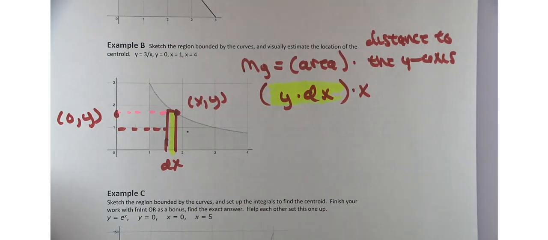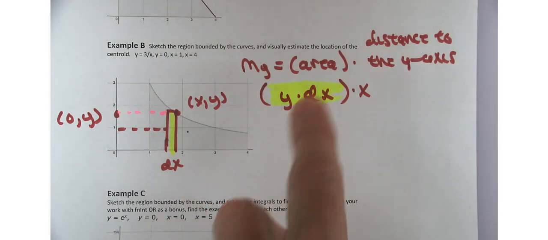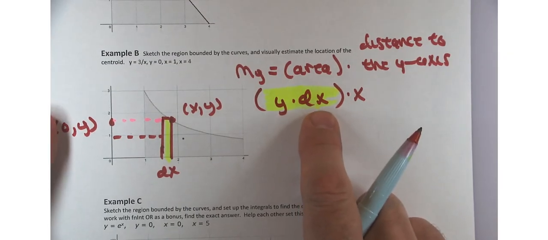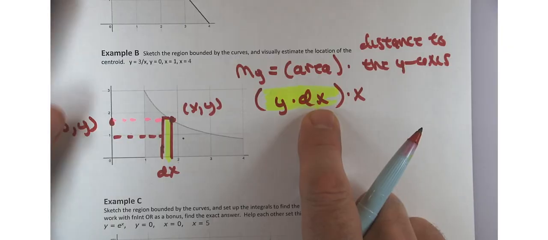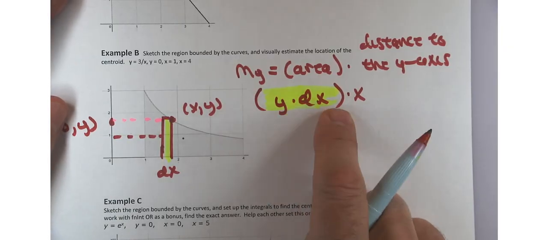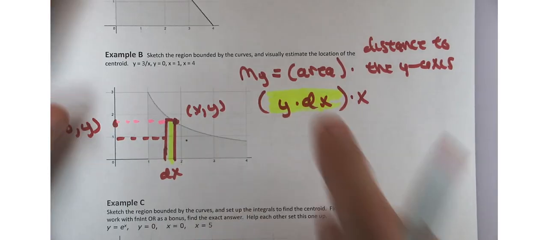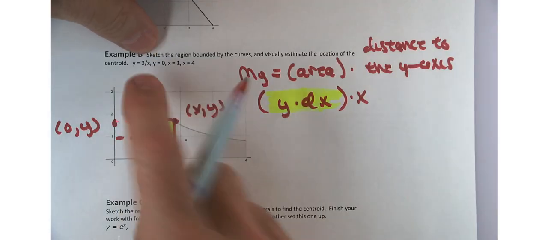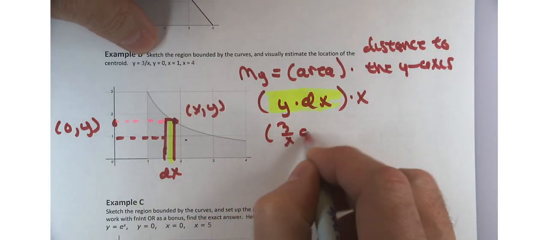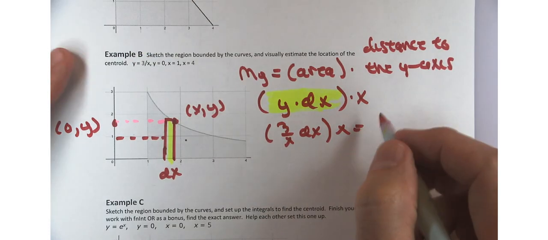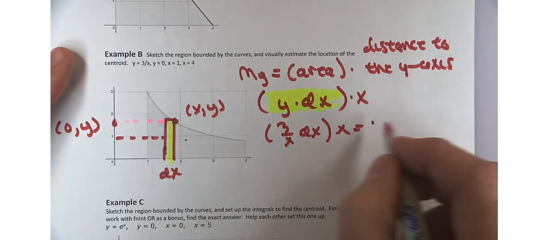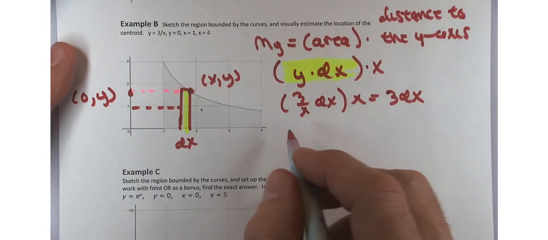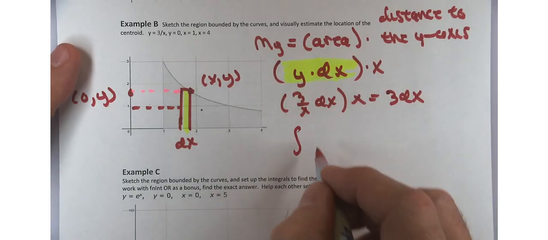Now, this is telling us something important. Andreas, what is this telling us that we need to take note of? Yeah, we want everything in terms of x. So that's what that dx term is helping us remember. So we can simply replace y by 3 over x, dx times x. Isn't this special? What do we end up with? 3dx. Nice. So putting all that together, I want the integral of 3dx